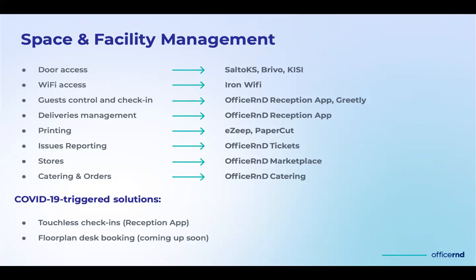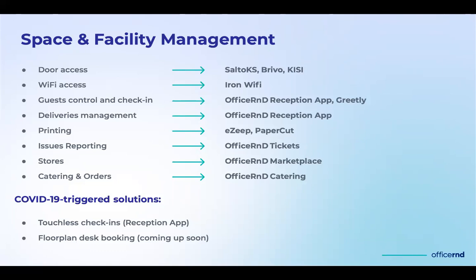For every company, staff member or guest, access can be automatically matched to their respective membership in OfficeRnD or to any predefined area that you select of your physical space. That's something that can currently be achieved with Salto KS, Brivo, and Kisi in terms of software that we provide